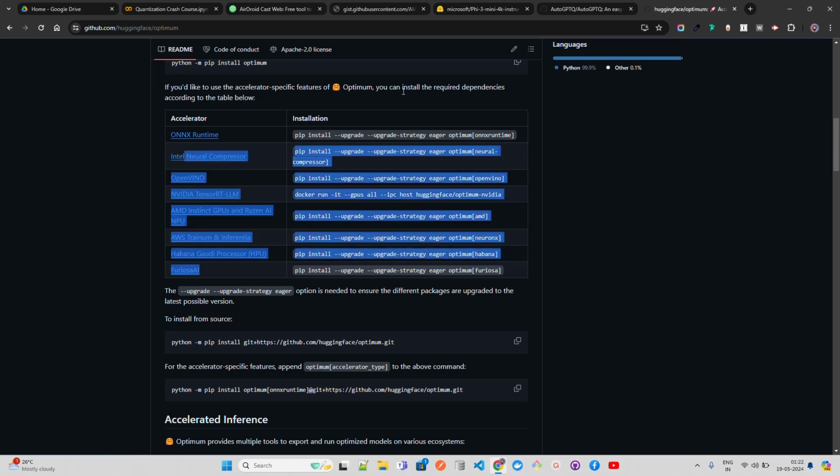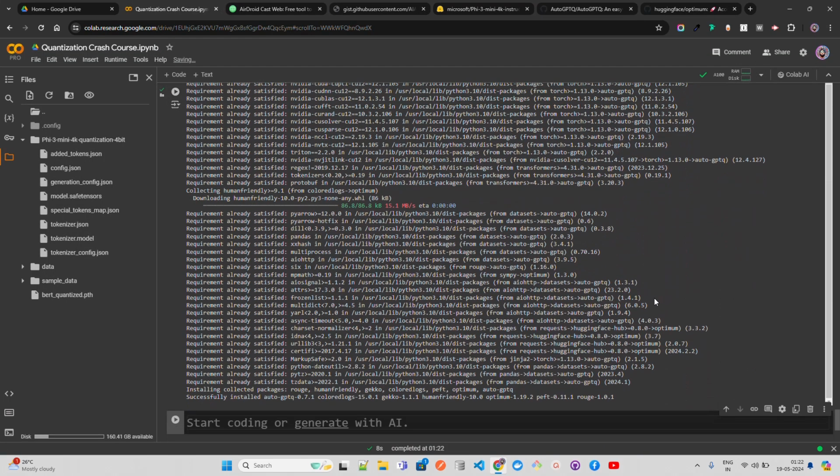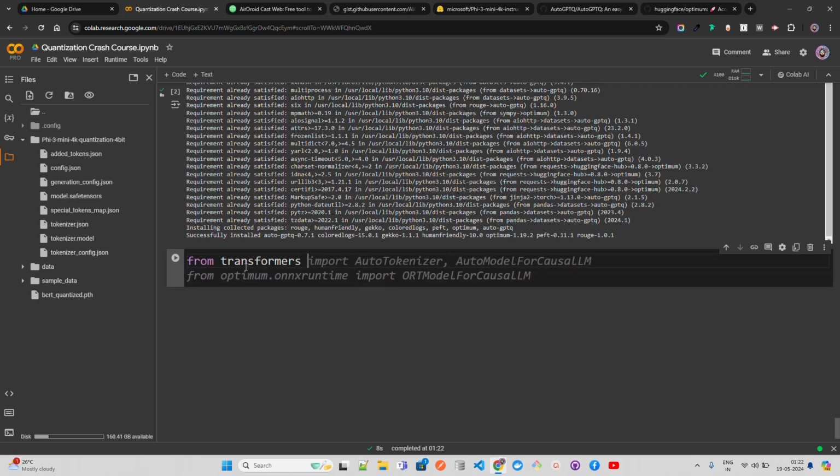So you can use Optimum, which is the framework that helps accelerate on different platforms and hardware. Now what we're going to do here is use the same thing. From transformers, again going to import this. You can run it separately as well if you want. I'm not going to use ONNX Runtime. I'm going to use GPTQ from Optimum.